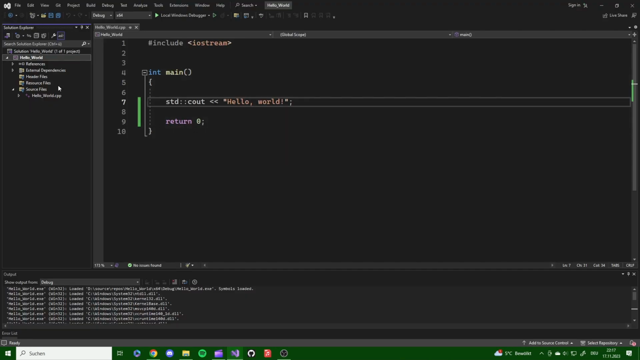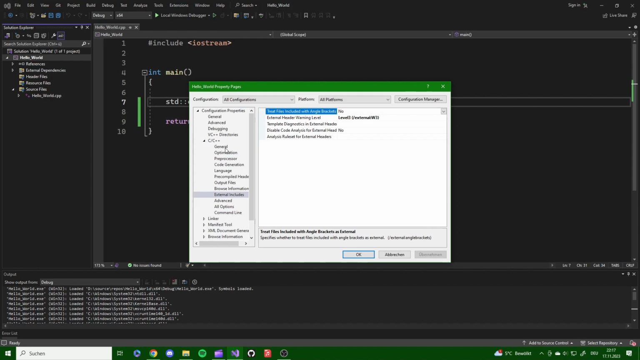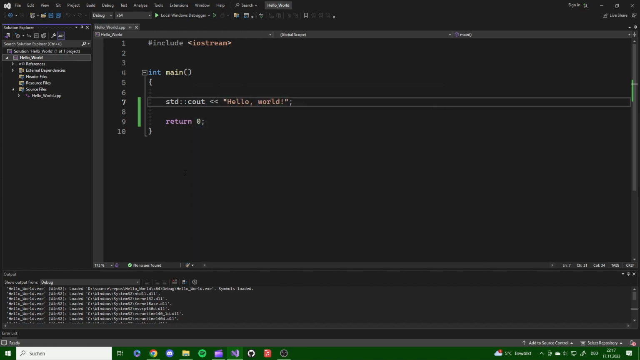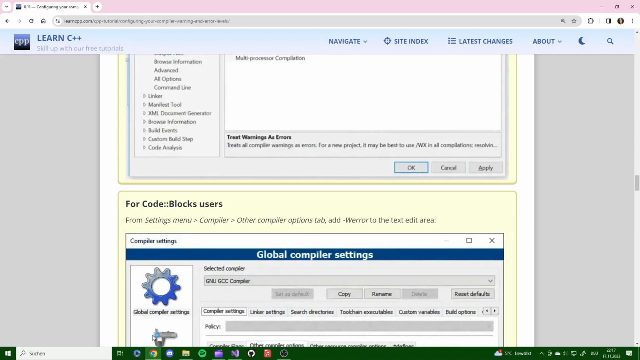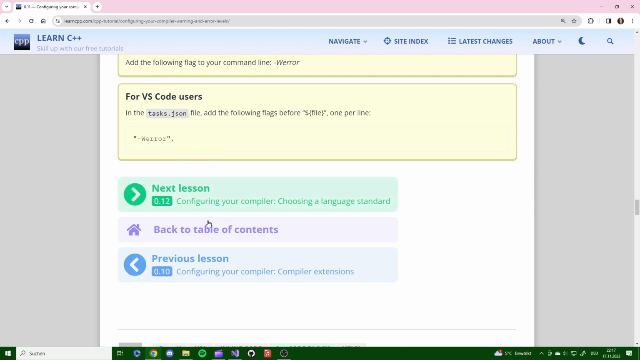Let's see if we have that already or not. Then we go on general and we look for treat warnings as errors. We change that to yes, and then we have all warnings as errors. So we click OK, and then we can go back. We have the same for Code::Blocks and the other platforms, and with that we can go to the next lesson,